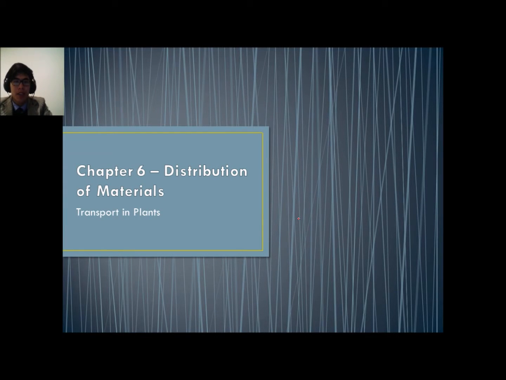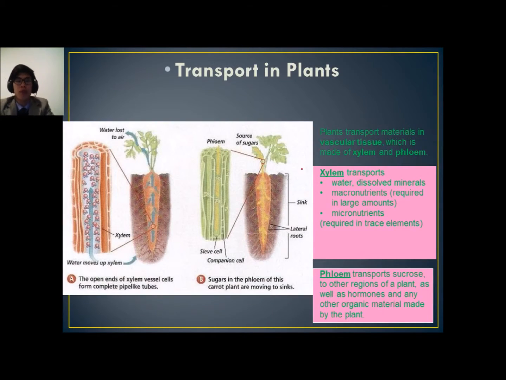Welcome to chapter 6. This is distribution of materials. We're talking about plants now. This is the fourth and final part of chapter 6. We've been looking at the circulatory system, the urinary system, as well as the respiratory system, and this is the final one here. So when we look at transport in plants, transport in plants happens with vascular tissue, which is